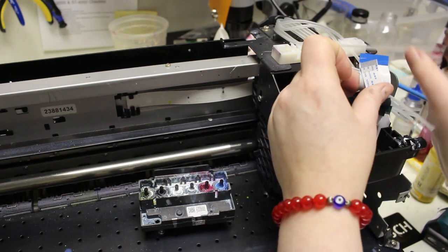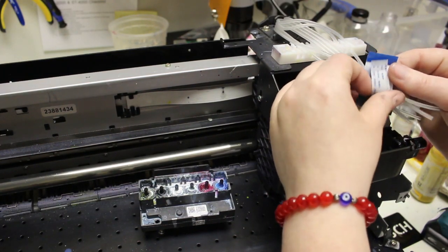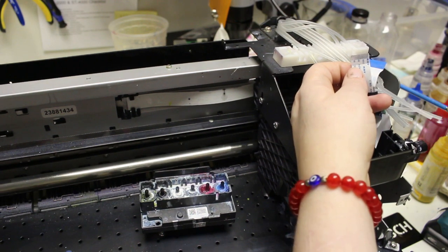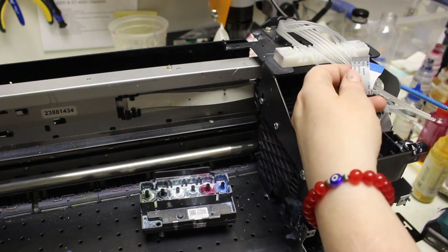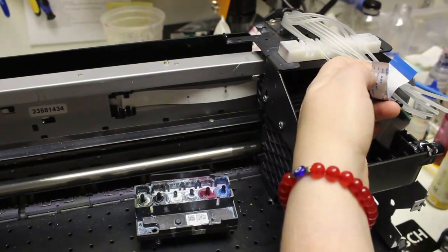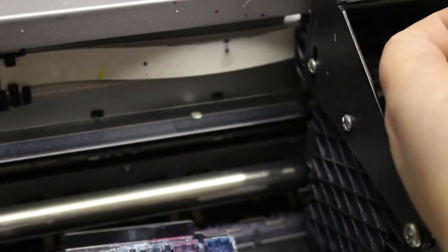Whenever you get an error, a lot of the times it has to do something with the print head. Usually if you start it up and you get an error immediately, go ahead and look at your print head, okay? So let's zoom in here a bit, and I'm going to show you these cables that I was